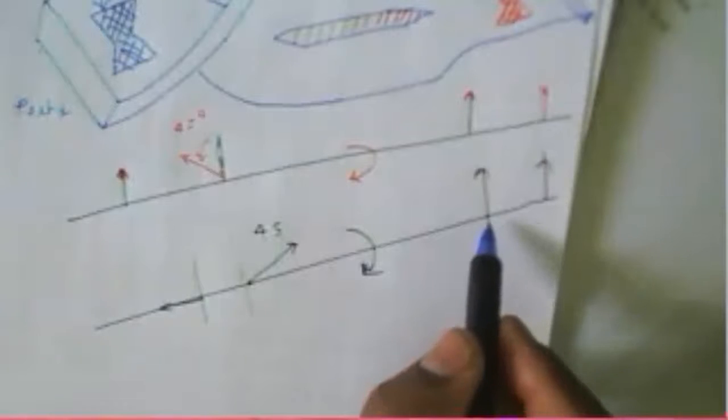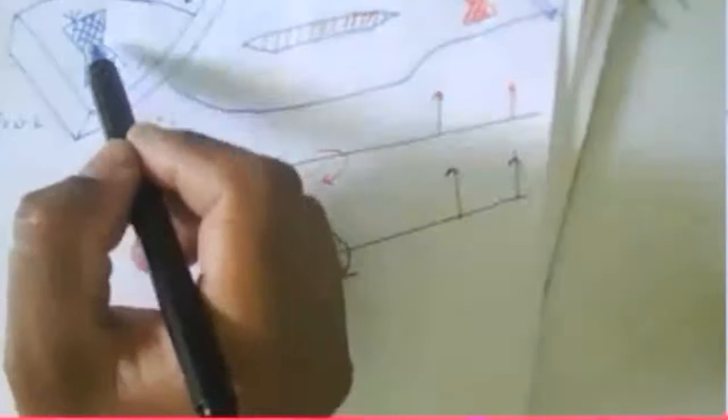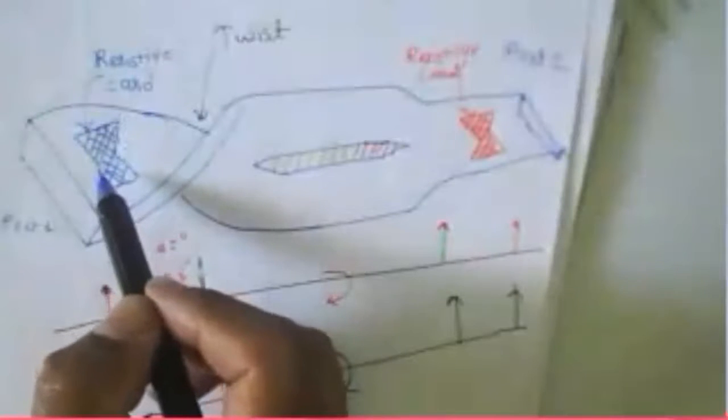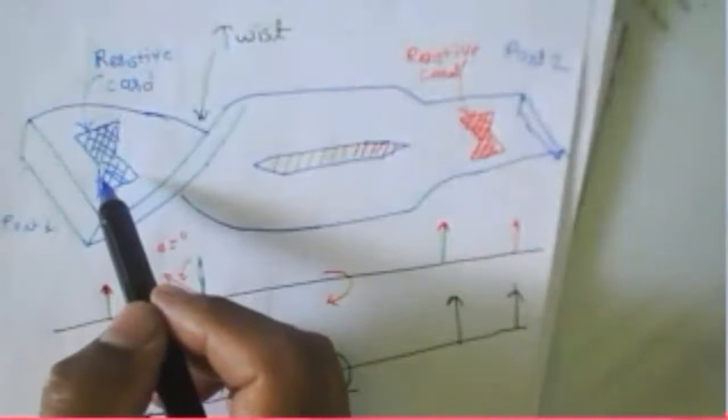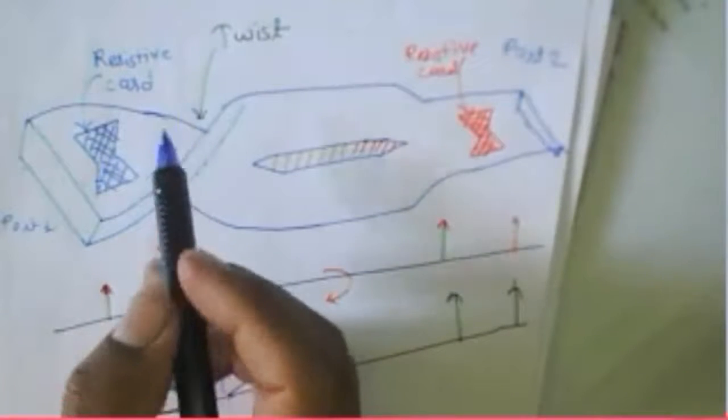Now that is what happens when it enters from port 2, and when it reaches this particular port, it will look parallel, or we can say that your signal will be rotated by 90 degrees. And when it enters this particular port, there is a resistive card there, and in that case the electric field is parallel. Now if the electric field is parallel to this particular port, then the power will be absorbed.